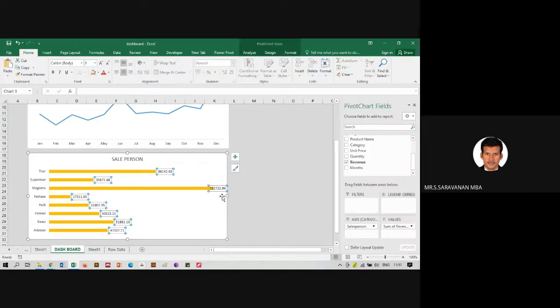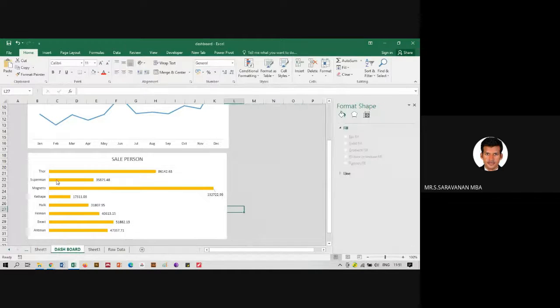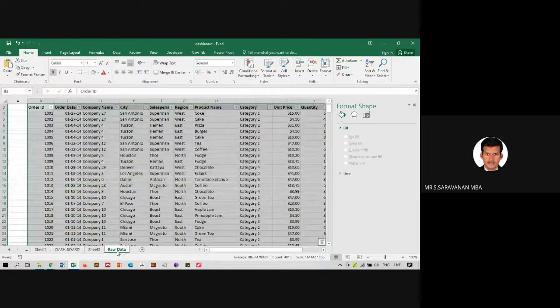Okay. So this information is overlapping on my sheet. You can drag it down and edit it. So we have created two pieces of information. We have created the month wise sales and we have created salesmen's sales. Now we want to know what the region wise sales are.